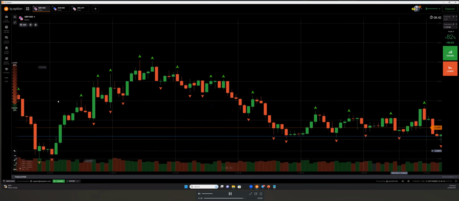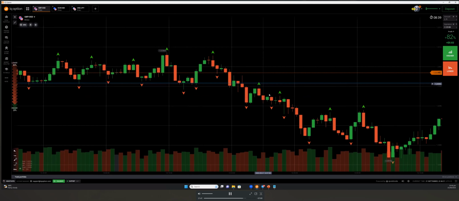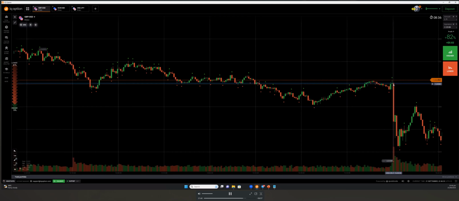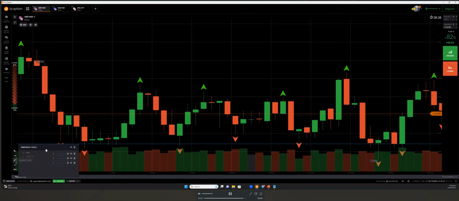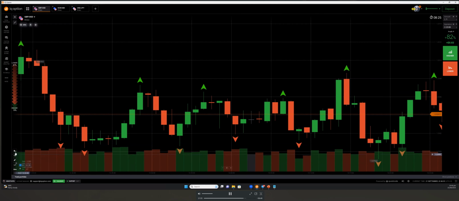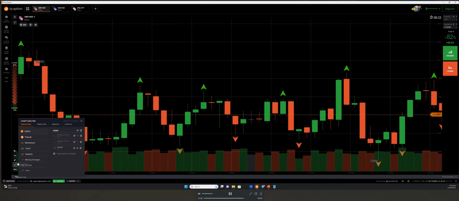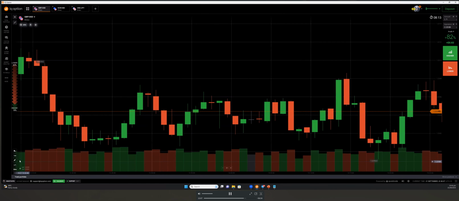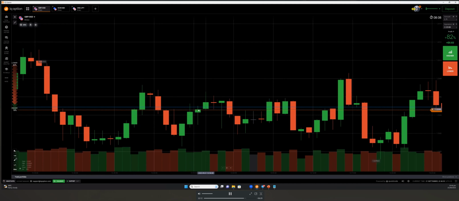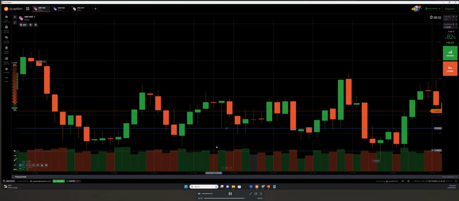If you can see how many times it has been taken as a support and resistance level, not one time, many times. And after that, the single candlestick pattern. Any single candlestick pattern you can use as a support and resistance. Like this is a pin bar, you can use it as a support and resistance. This is a pin bar too. This is a hammer, you can use this as a support and resistance.